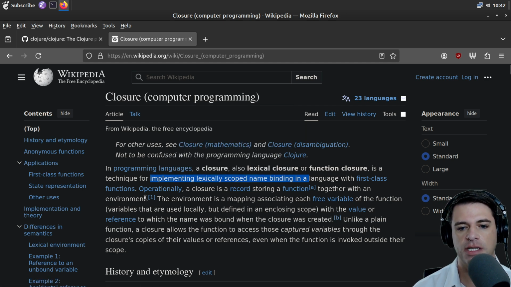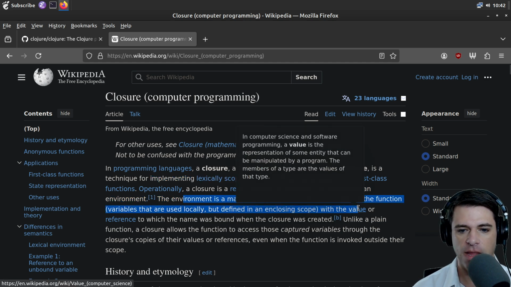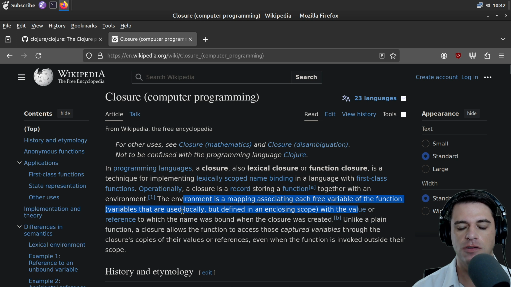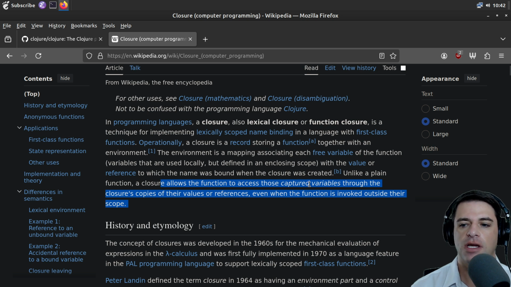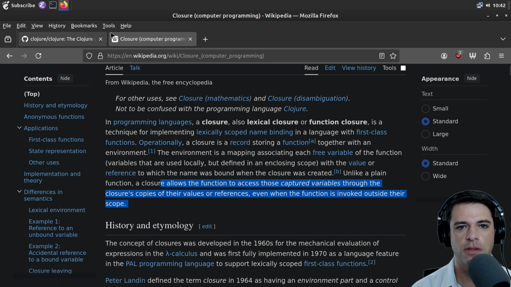The environment is a mapping associating each free variable of the function to variables that are used locally but defined in an enclosing scope, with the value or reference to which the name was bound when the closure was created. Unlike a plain function, a closure allows the function to access those captured variables through the closure's copies of their values or references, even when the function is invoked outside their scope.